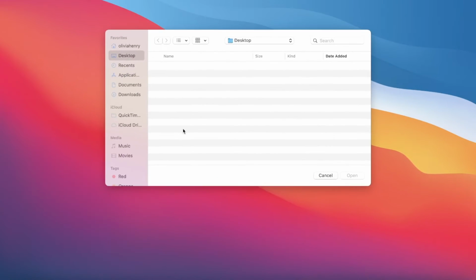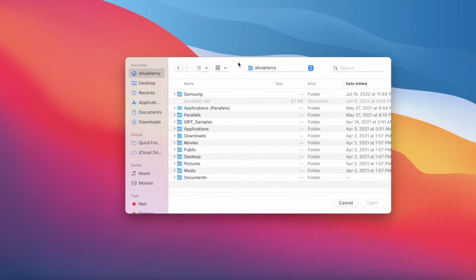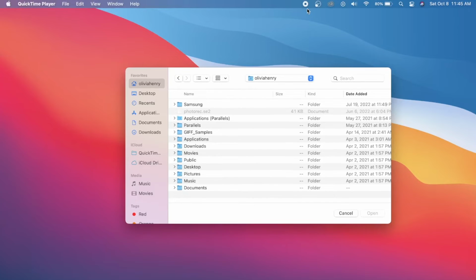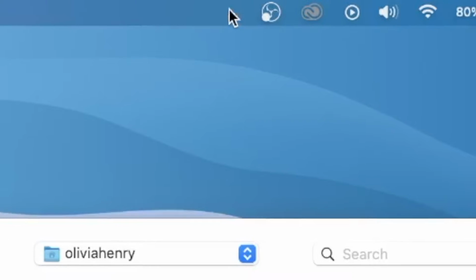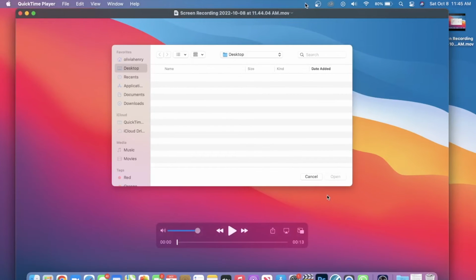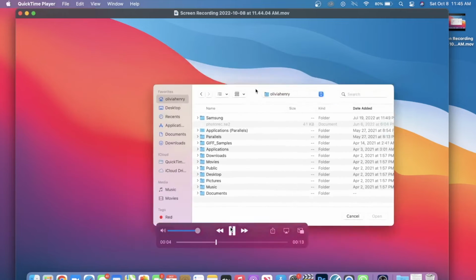And so now I'm recording my screen. I can move stuff around. And then to stop the recording, click this little circle with the stop icon up top. And here's the recording. And I can play it, and you can see the actions that I just did.